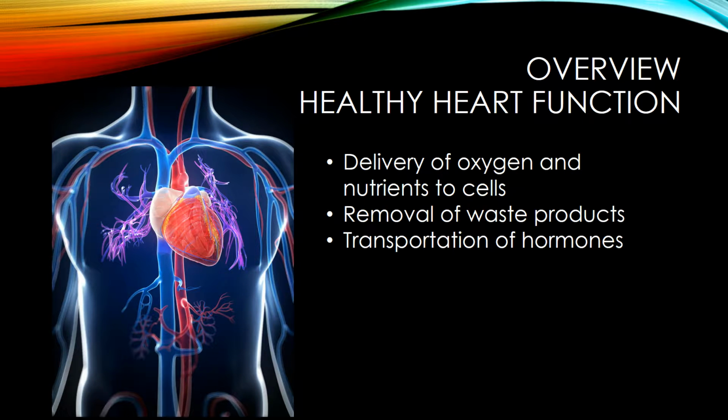The cardiovascular system is responsible for the delivery of oxygen and nutrients to cells, the removal of waste products, as well as the transportation of hormones. Circulation is divided into either pulmonary or systemic. In pulmonary circulation, the waste product carbon dioxide is exchanged for oxygen in the lungs. In the systemic circulation system, blood carries oxygen and nutrients to cells and waste products to the kidneys, liver, and